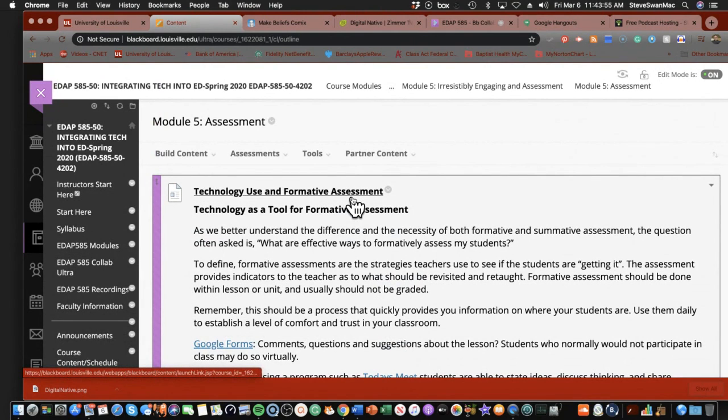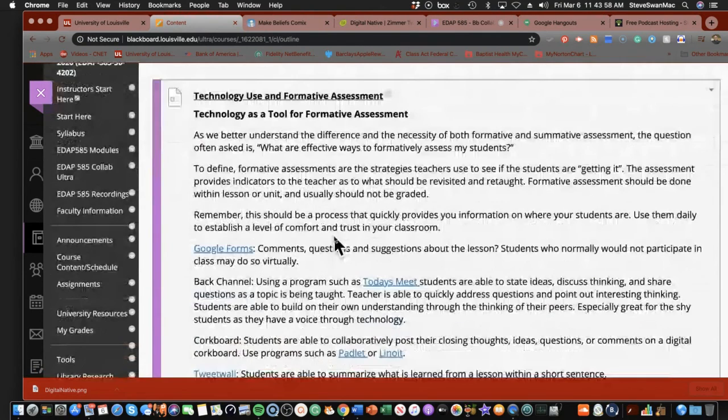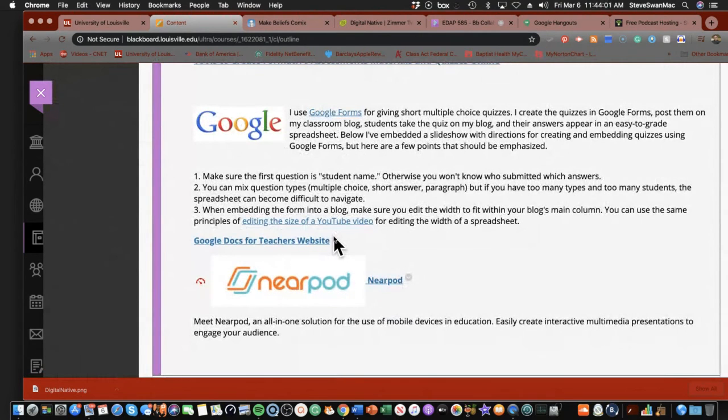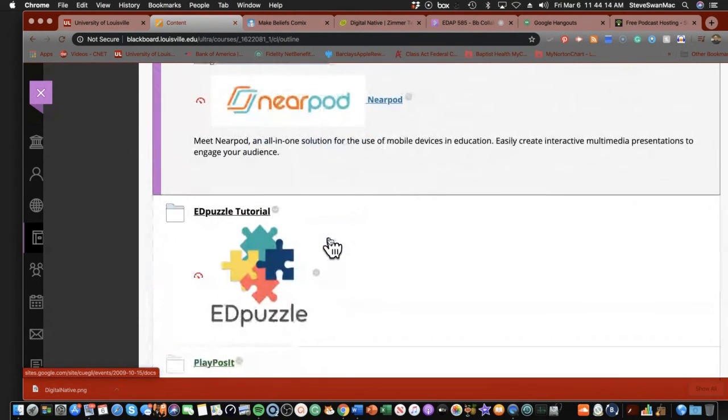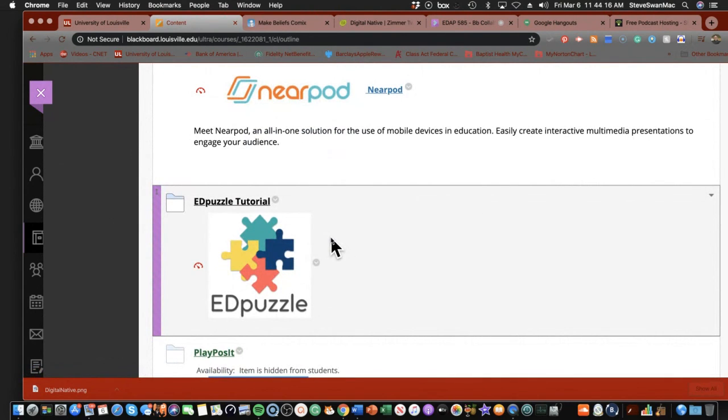The Forms is built into the Google Classroom. It's probably the easiest one to use. The Nearpod has stuff already created. In the Nearpod, you can actually create an interactive exercise that kids can do either in class or as homework. Edpuzzle, same thing.